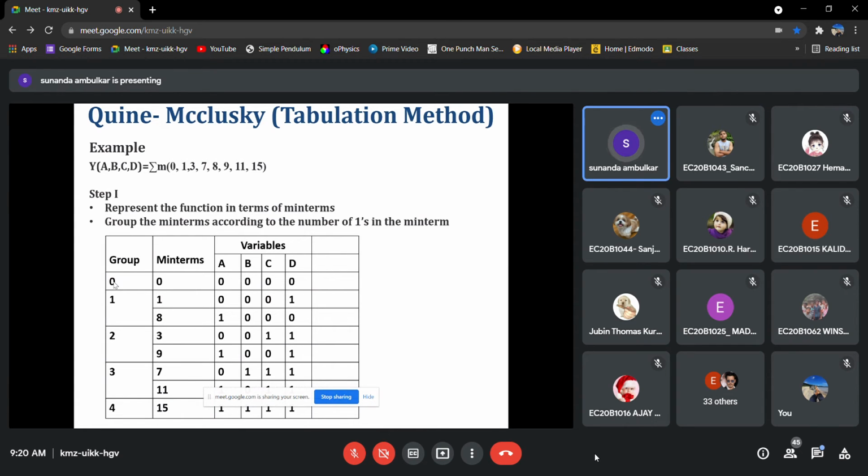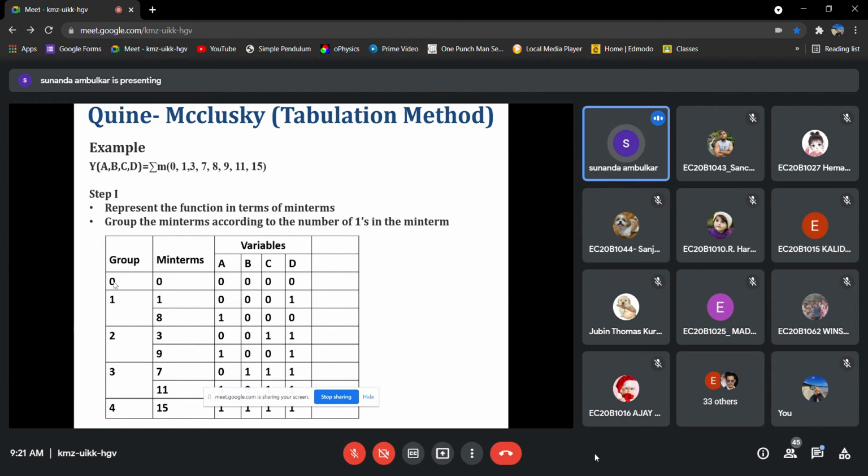Here, we start from 0. In group 0, only one min term is there. Next we will see 1. It is indicated by 0, 0, 0, 1. How many ones are here?